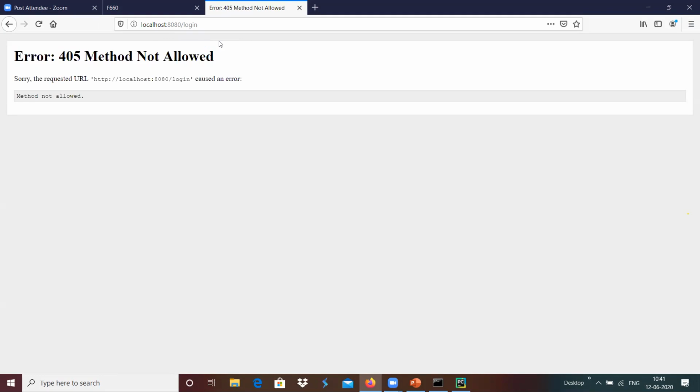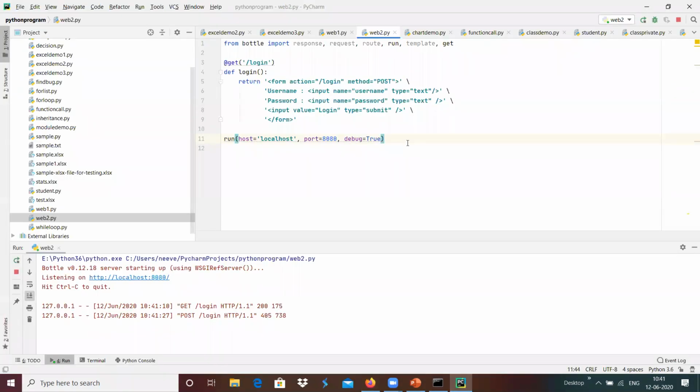And once it is login, it tries to submit that particular information, but it does not, there is nothing present to handle this post request over here. Now we will see, basically the HTML has something like a form. The form has action login, and which is a post method.